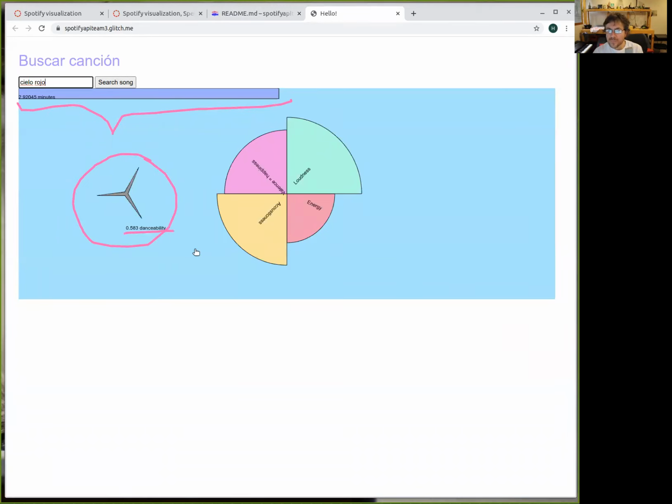It changes depending on how danceable it is. And finally the pie chart, it changes depending on every value. Okay, this is energy, right?